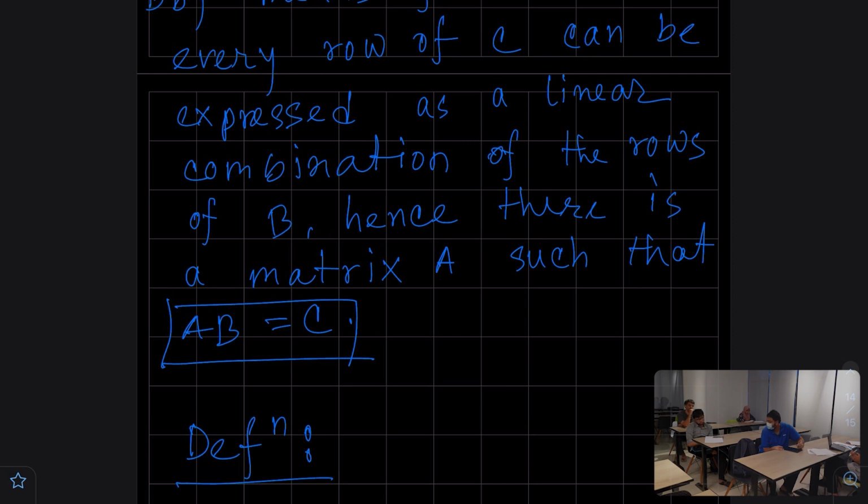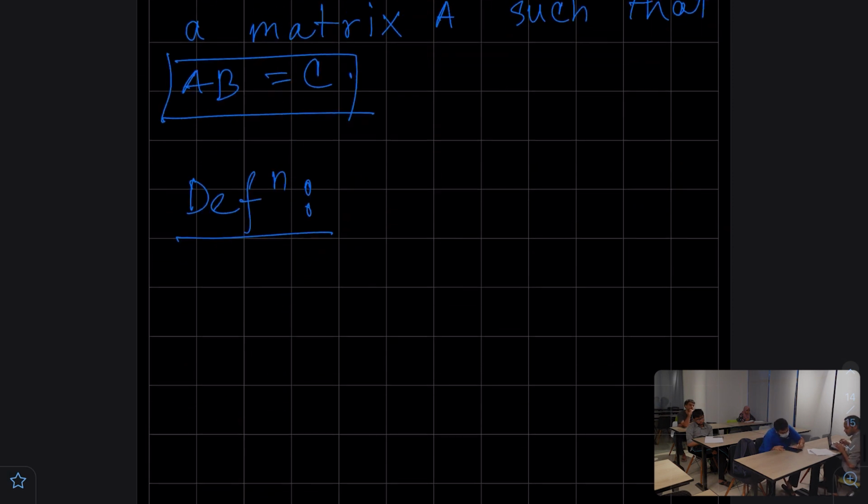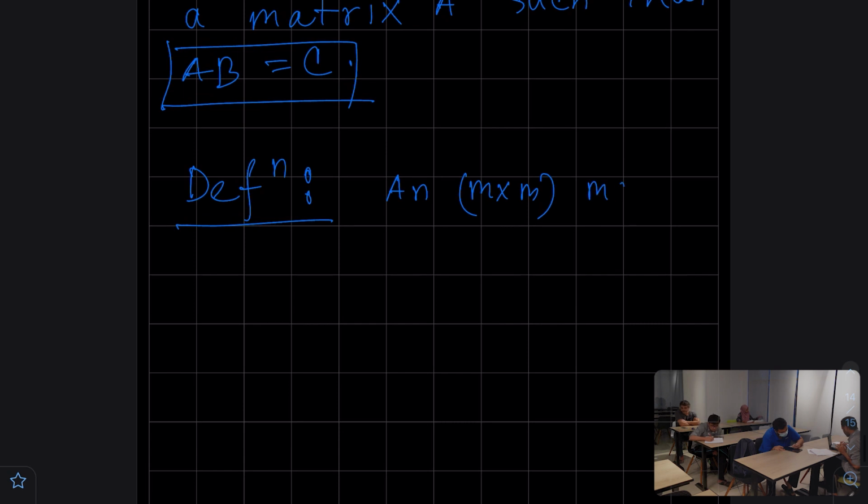Now he's going to define elementary matrices. An m cross m matrix is said to be an elementary